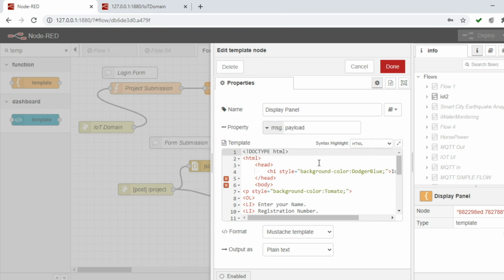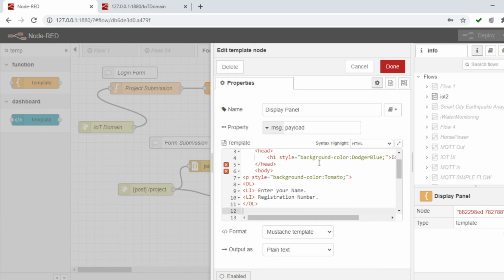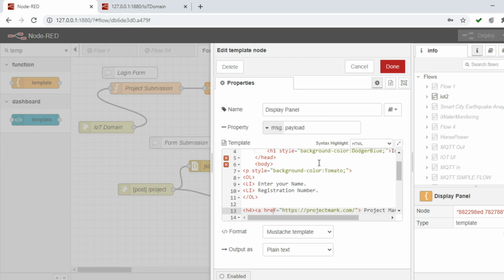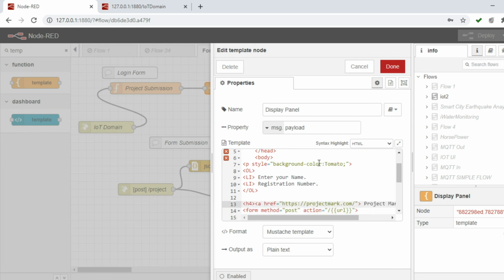Whatever I just discussed, the HTML with that style, I'm going to give the registration number, enter name, registration number as a list here, and this is my hyperlink. If I click this project mark, it will land on this project mark. And a very important point here, we are going to see it is your forms.